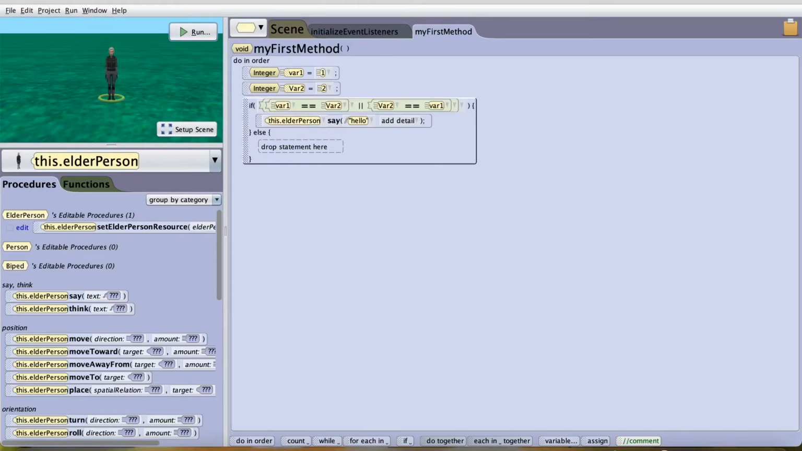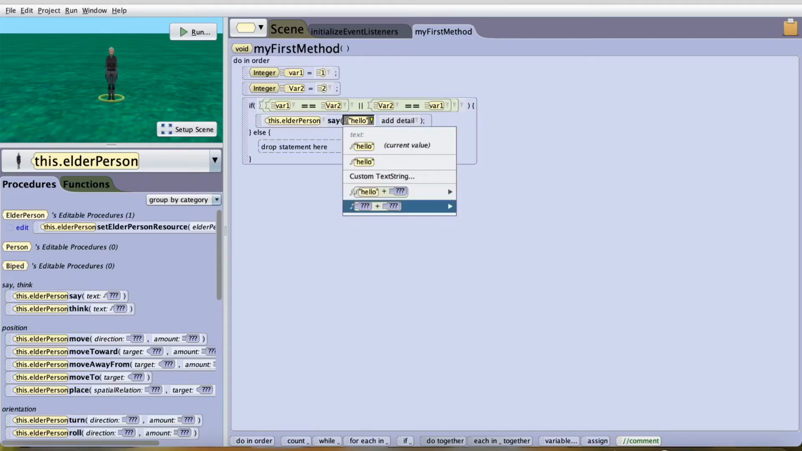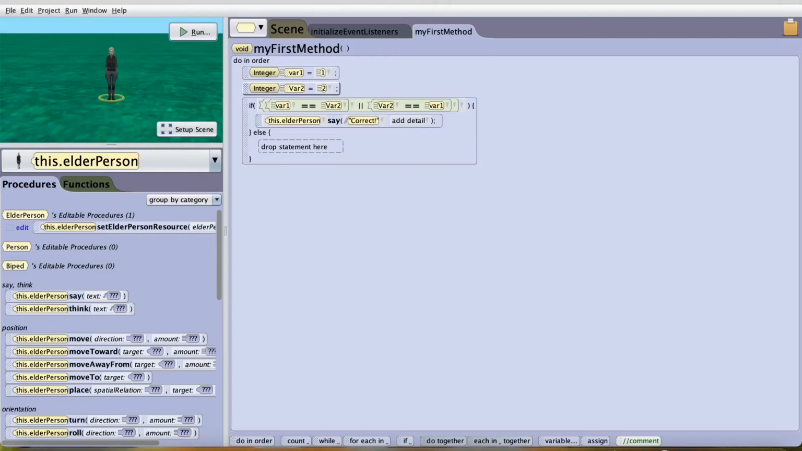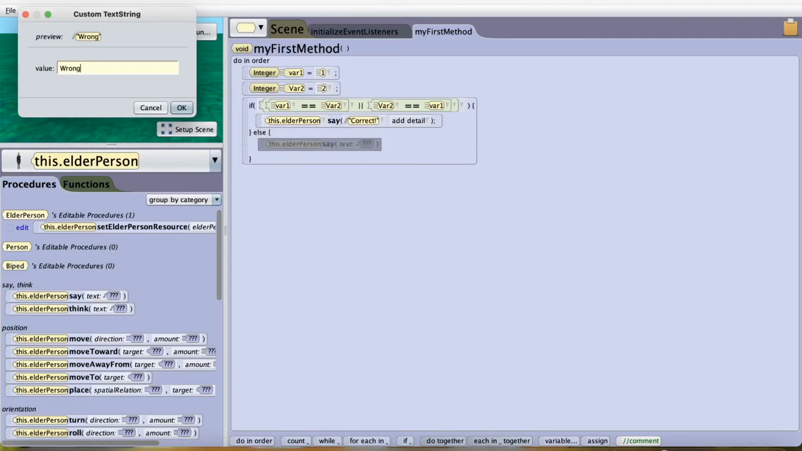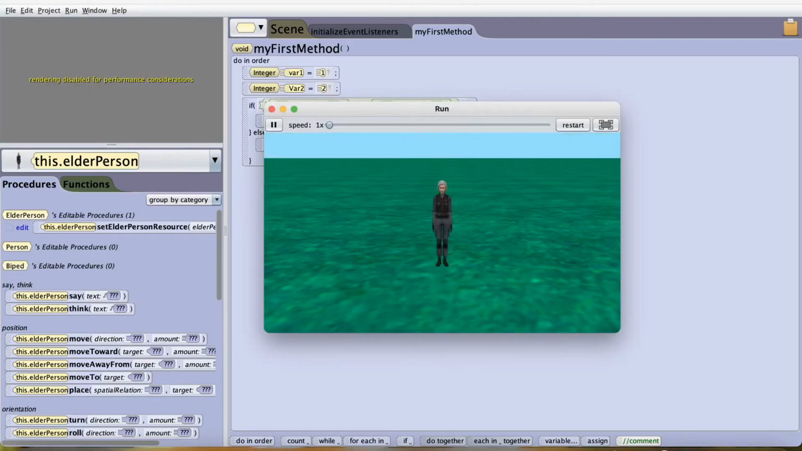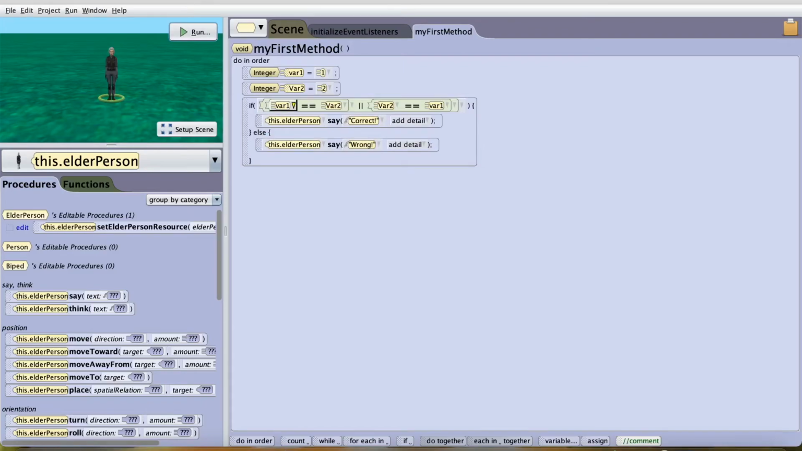How does else work? Well, else is as simple as this. So the character said hello over here. Let's say the character says hello, correct. And then say wrong here. And let's run this. As you can see, it says wrong because